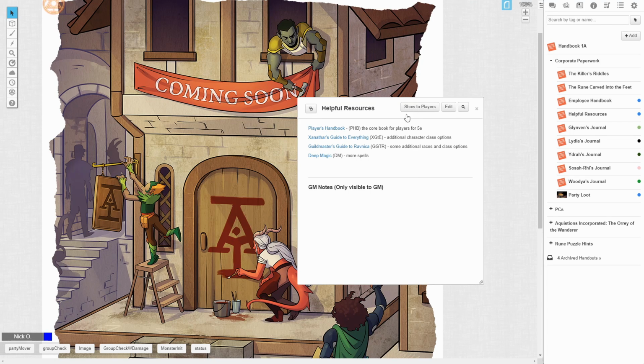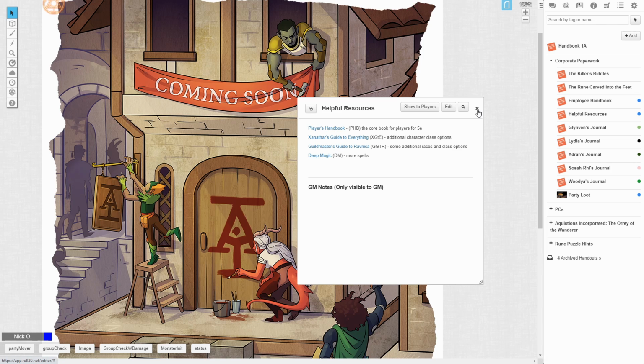If you don't own the player's handbook, or if you don't own these other things and you want to give your players a resource, you can put links to external sites here as well. So you could actually put a link to Wizards of the Coast, to where the SRD can be found, so you can let your players download the PDF that way, and then they've got something more physical to scroll through. Okay, so